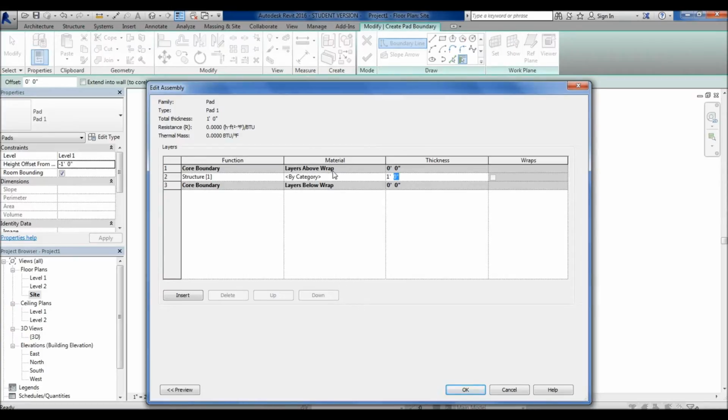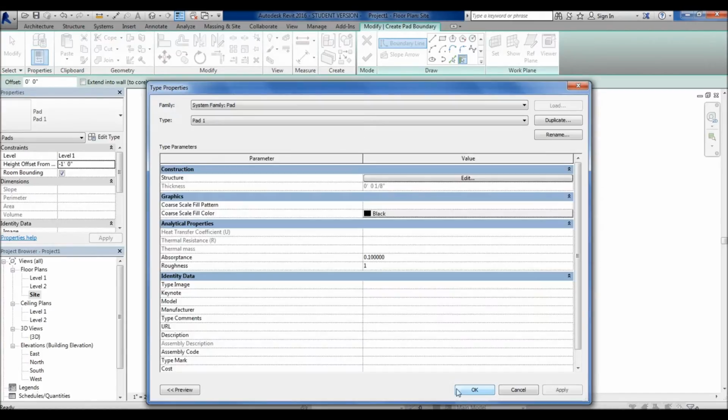But what you can also do is the method I'm doing here. If you want to have a floor there instead of just using the pad as the bottom floor to cut out the geometry for the topography, I'm going to change this thickness to something very, very small, let's say 1/8 of an inch, or you can even go smaller. That way when you look at this in plan view, you can't really notice this layer. So if I hit OK,